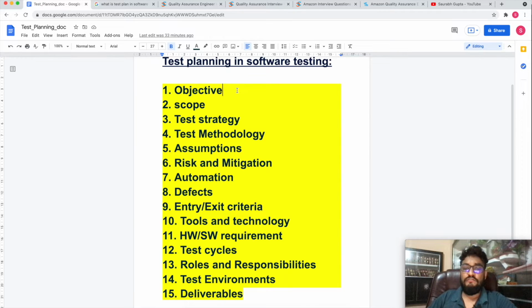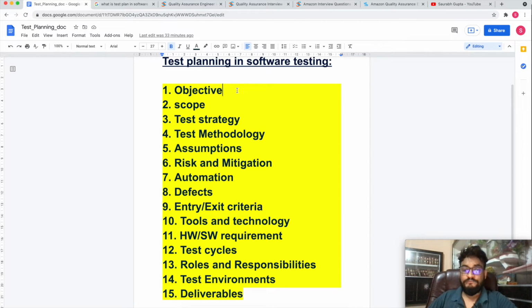Hardware and software requirements are related to tools and technologies, what we will actually need to carry out our testing. What kind of software, like Jira license, Rally license, or for training you need Lynda.com access or LinkedIn Learning access. For hardware you can say the simulator you need, or some EBT units are needed, or high configuration laptops are needed for the team. That kind of stuff comes here.